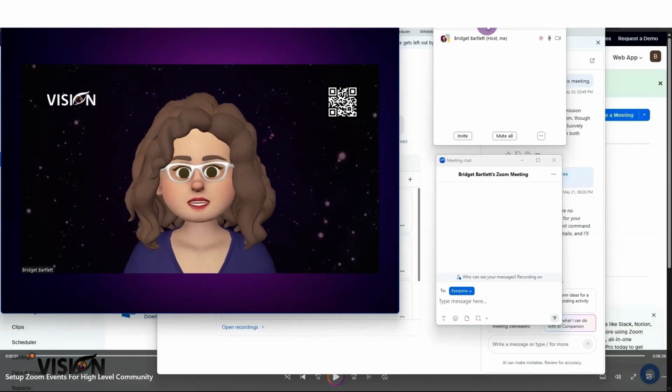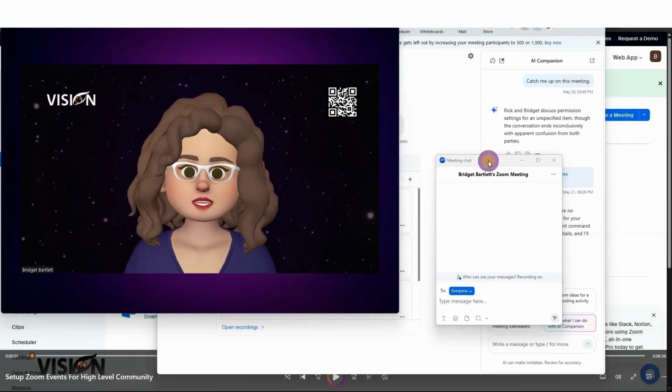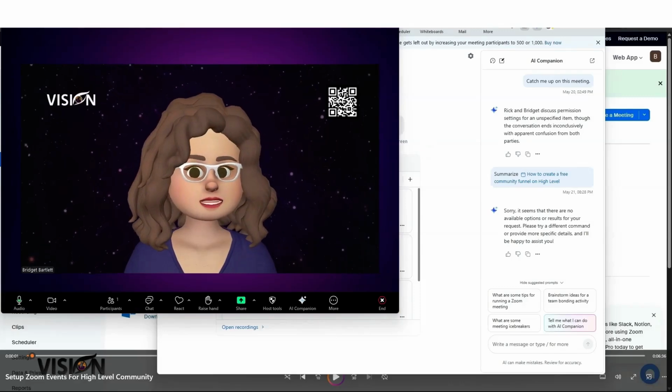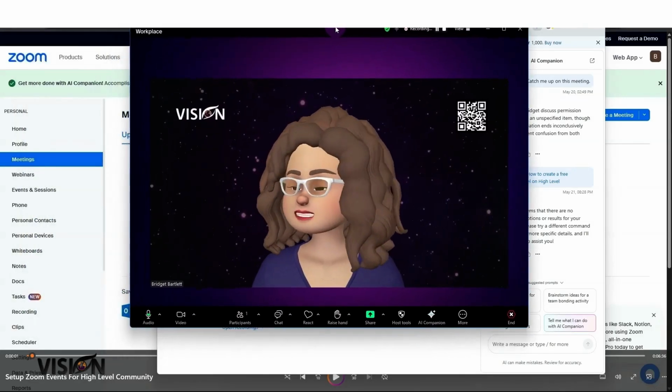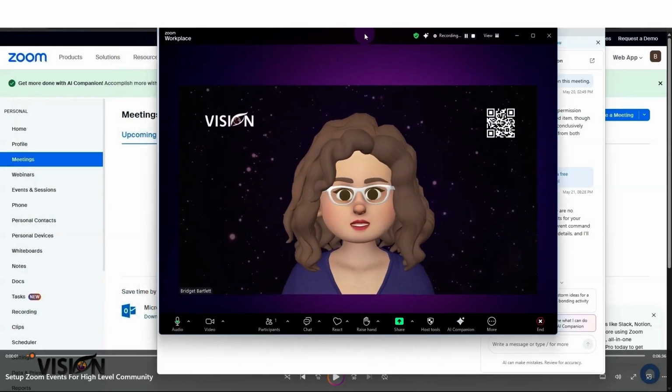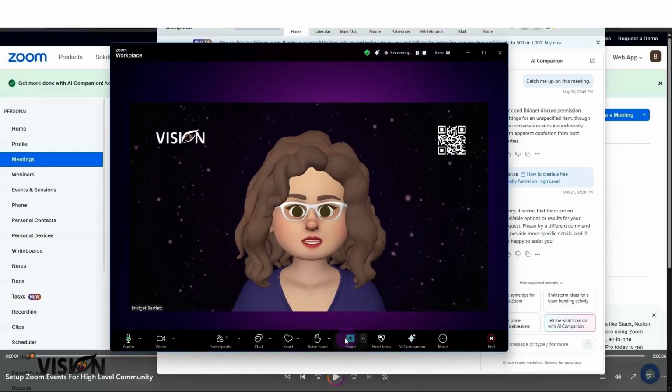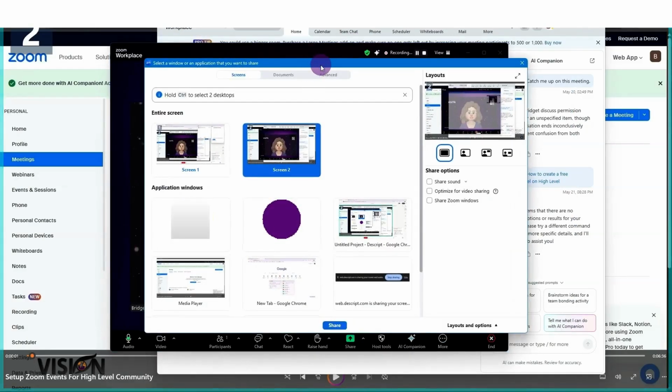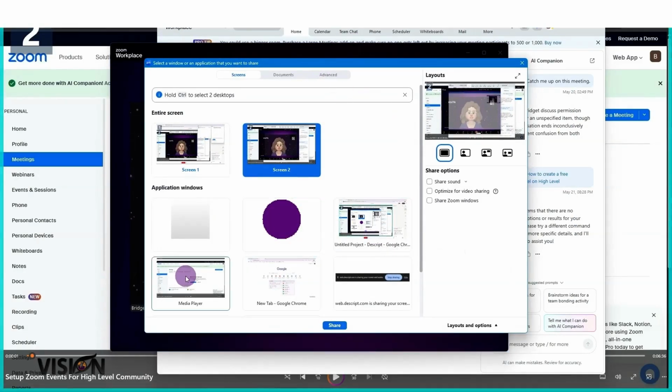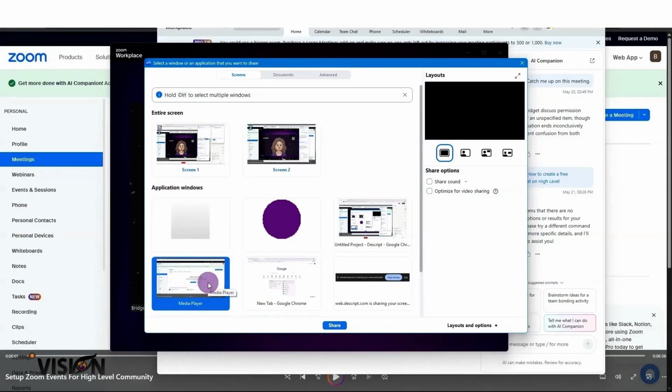Now, I'm going to move these over to another window here, and I am going to move myself, of course, but I want to show you what this looks like when you go to share your screen. I'm going to click the share button, and then it brings up this window. Now, I want to make sure that I am selecting the media player. This is going to give you the best quality sound and video inside of the meeting. But I will say, if you have this in full screen, it's not going to show up here. So you need to make sure that it's minimized so that when you're sharing, you'll see here that you can